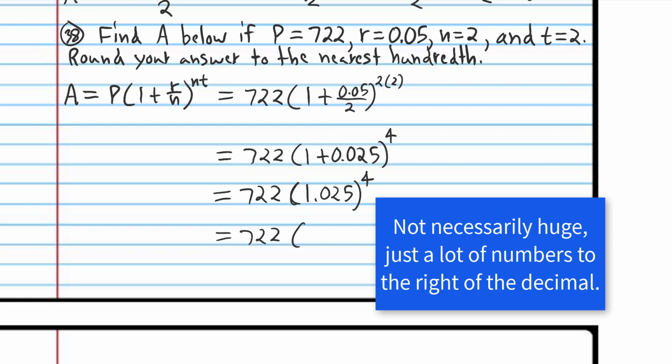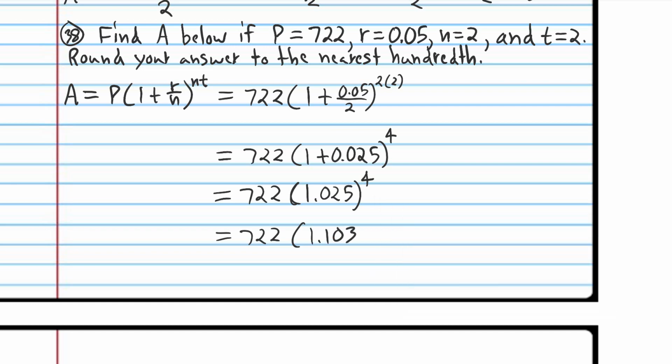which is why this is considered to be a pretty advanced concept here. And we're not going to be able to write all those numbers. So keep that number in your calculator. If you already erased it, it's 1.025, and then push the x to the y button, and then press 4, and then push equals. And then you should have that big number in there, and then push times